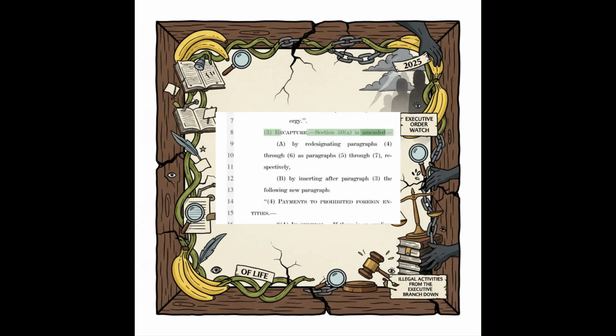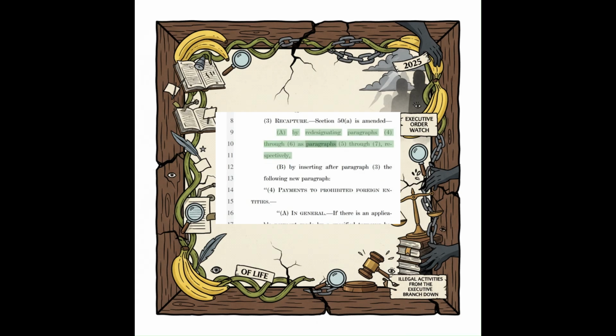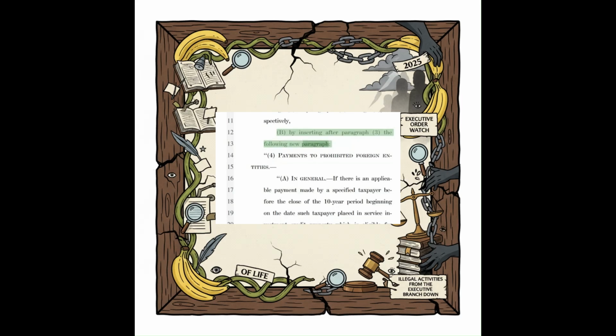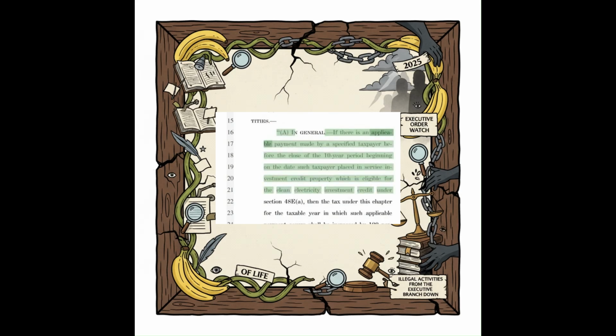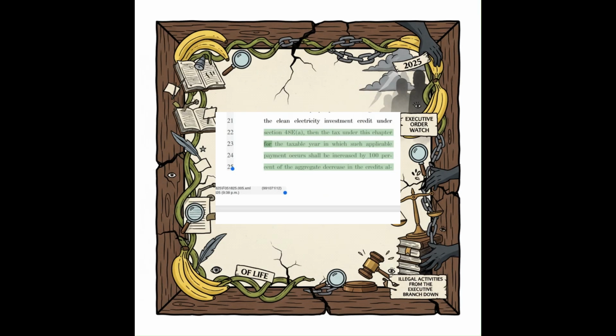Section 50 is amended by redesignating paragraphs through as paragraphs through, respectively, by inserting after paragraph the following new paragraph. Payments to prohibited foreign entities. If there is an applicable payment made by a specified taxpayer before the close of the 10-year period, beginning on the date such taxpayer placed in service investment credit property, which is eligible for the Clean Electricity Investment Credit under Section 48E, then the tax under this chapter for the taxable year in which such applicable payment occurs shall be increased by 100% of the aggregate decrease in the credits